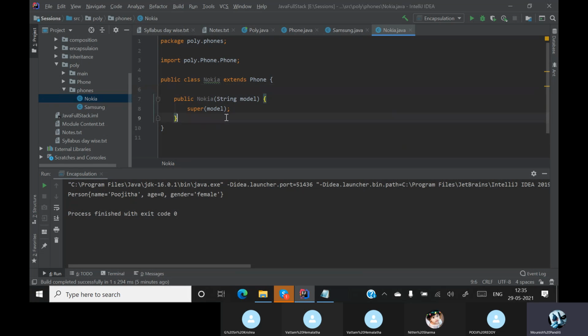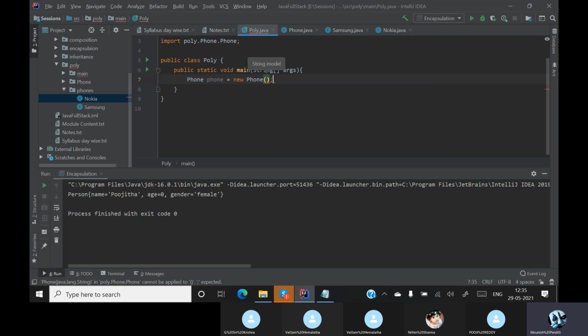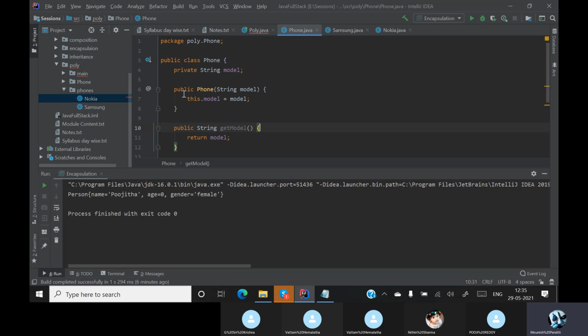We'll create this. Okay, now we'll go back to our poly. We'll create a new phone. Done. And I have not created any default constructor over here. I have created only a parameterized constructor.